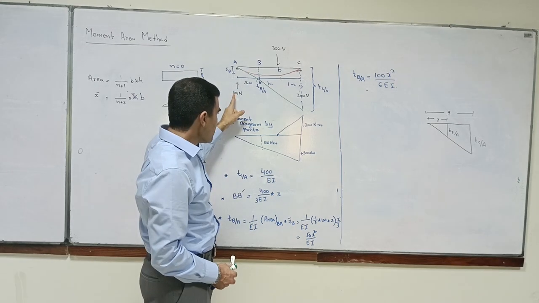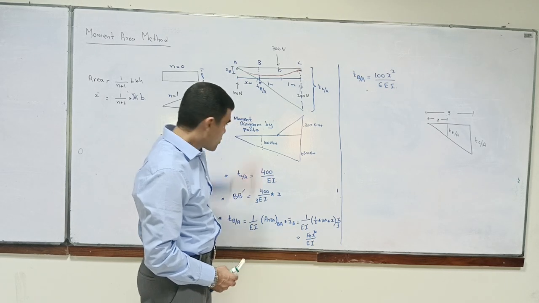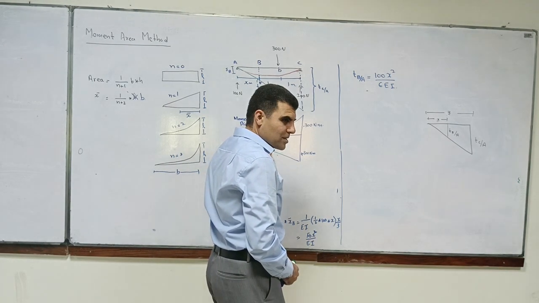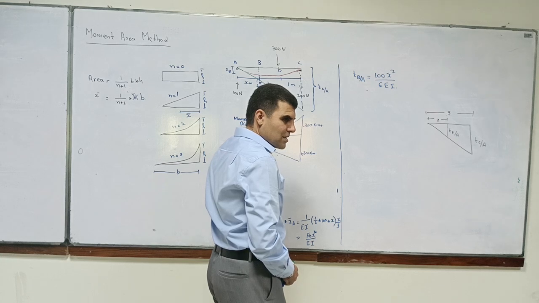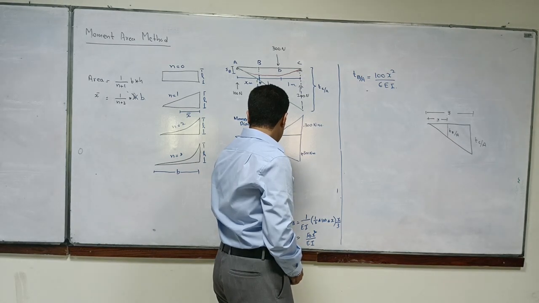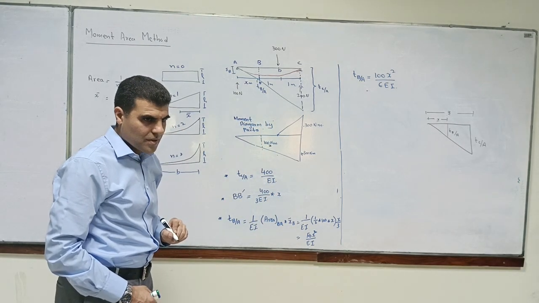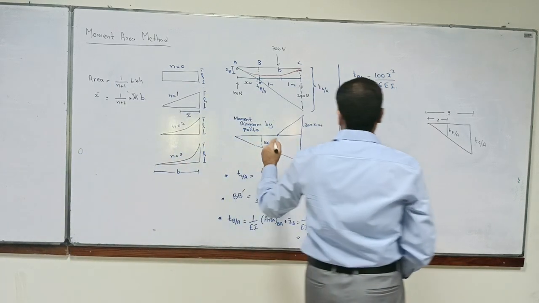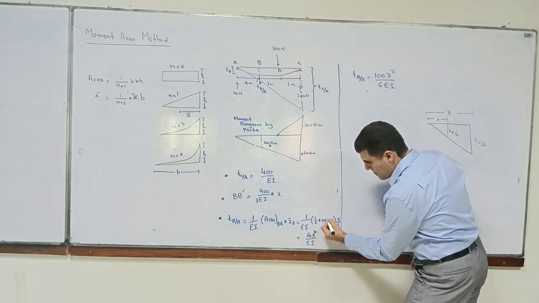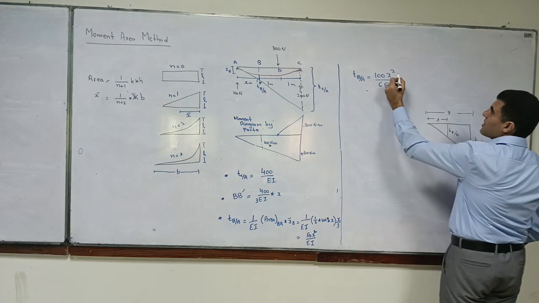So at X it would be 100 times X. So this will be 100 into X. Okay, so that means this is 100 into X. Yes, and that means that this is